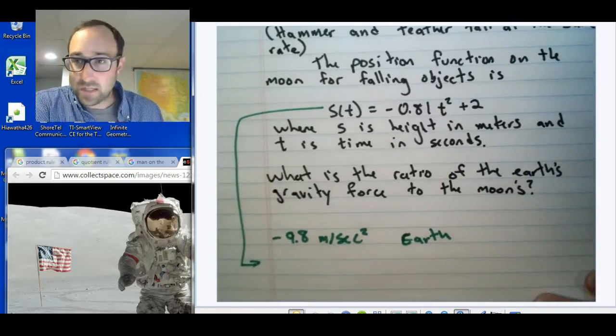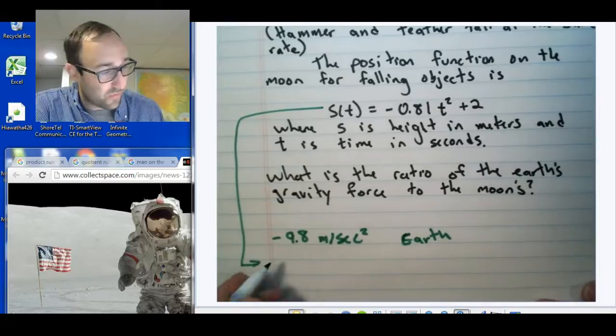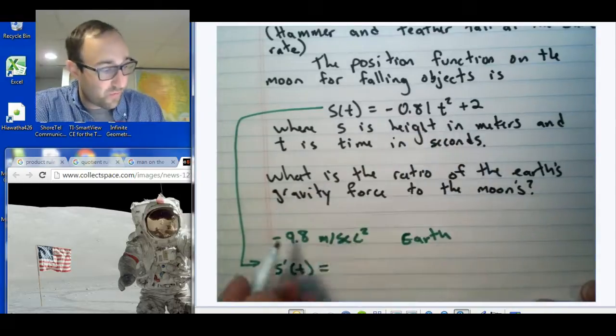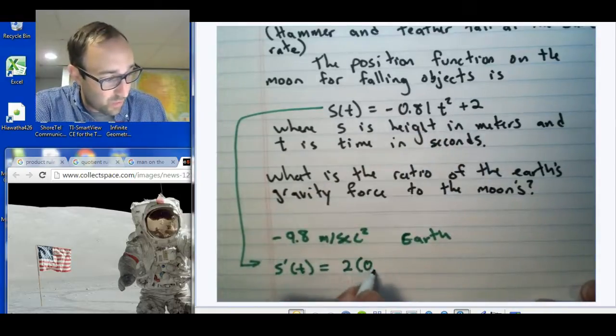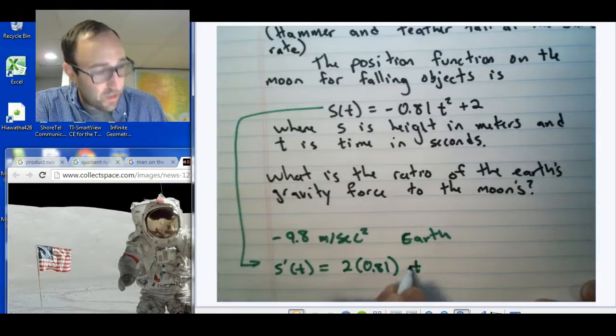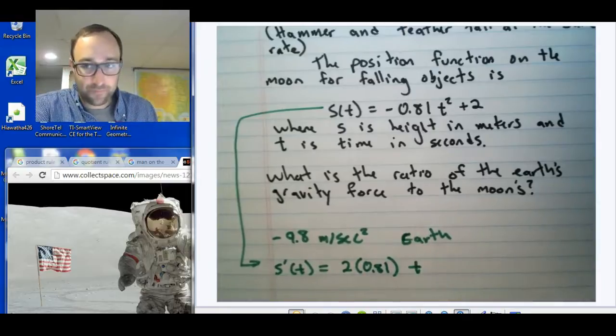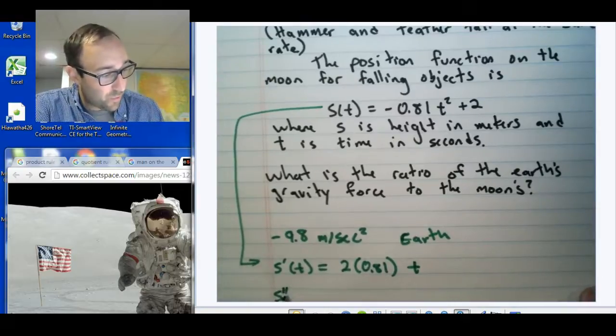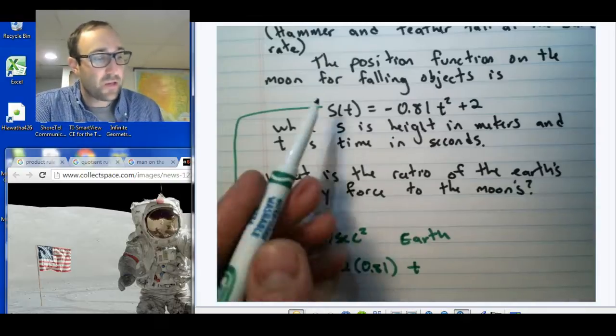Okay, so now let's use this function to find the first order derivative. What's the velocity on the moon? So the velocity is going to be s prime of t equals, and we're going to take that 2, put it in front, so it's going to be 2 times 0.81 t. That 2 is going to cancel out, right? Good. Okay, and we want to find s double prime of t, that second order derivative,